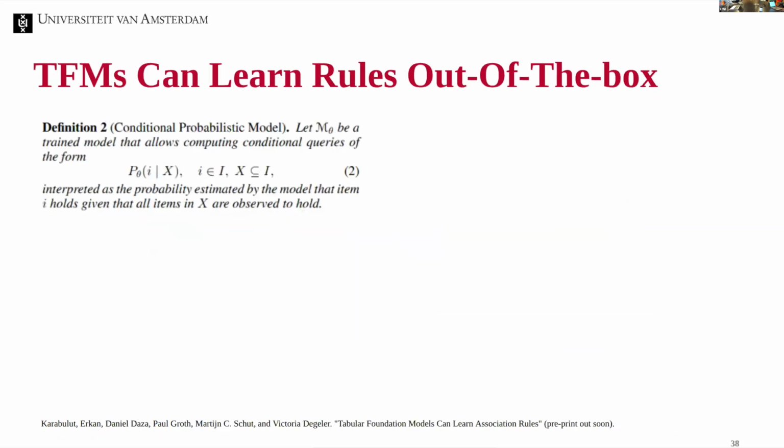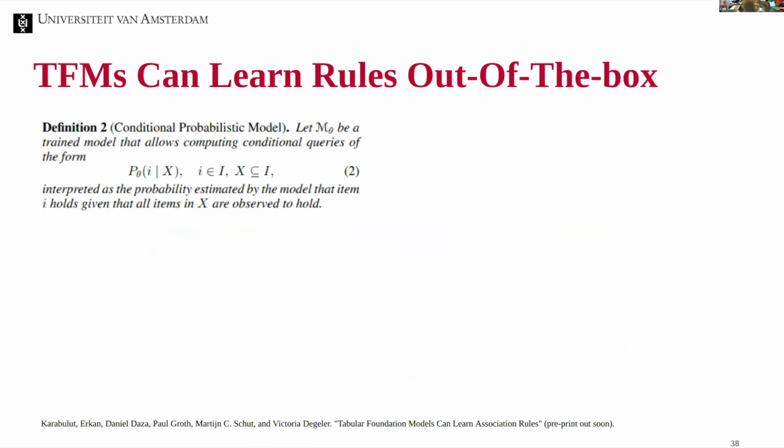And then what we have realized is that reconstruction success implies associations. Basically, what we have is a model that conditions certain outcomes on certain other features, right? But then we could also generalize this to different models. So what we have done is that if you have any conditional probabilistic model that allows you to have queries of the form P(i | X), so any kind of conditional querying over the model.